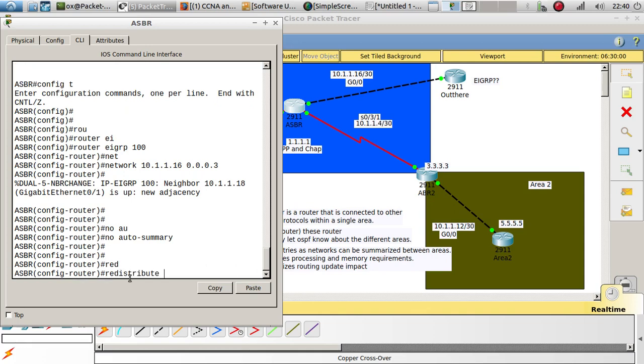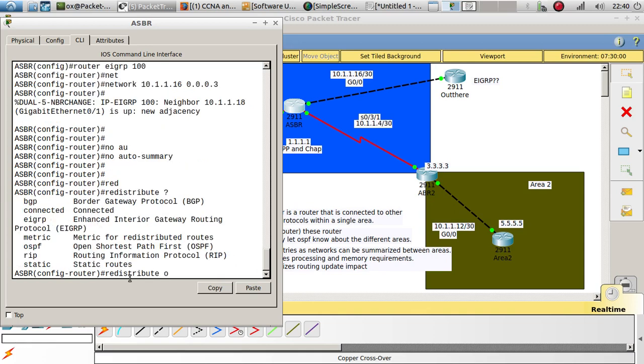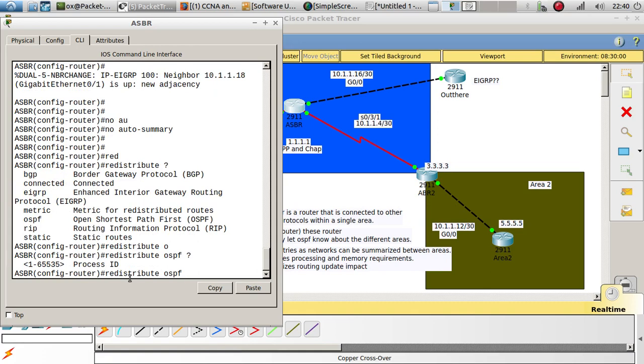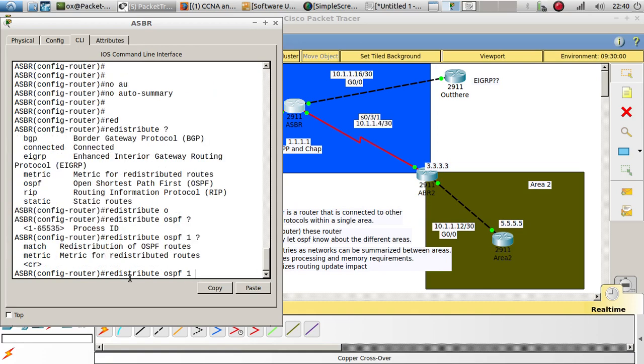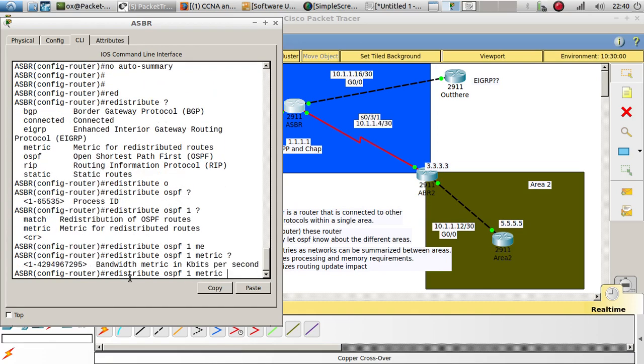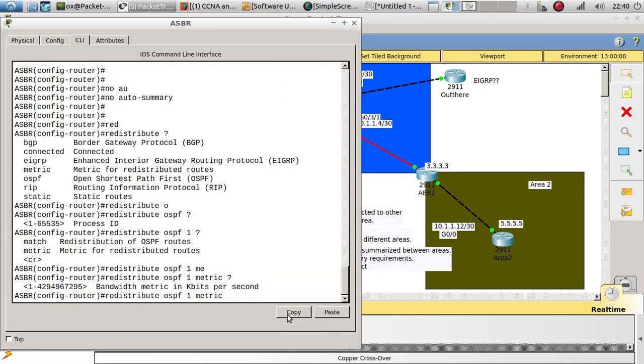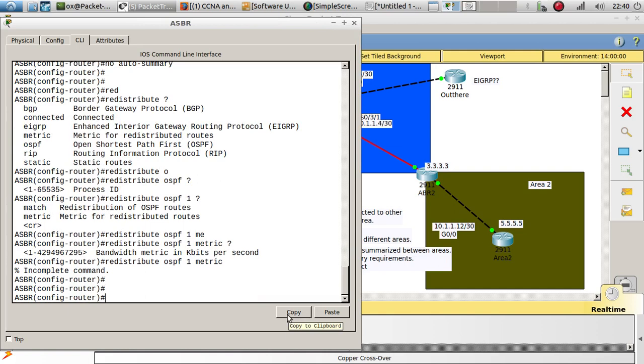So we need to do a redistribute OSPF process ID of 1, and we're going to do metric. And since I don't know the metric, what I need to do is take a look at the metric. So do show ip interface